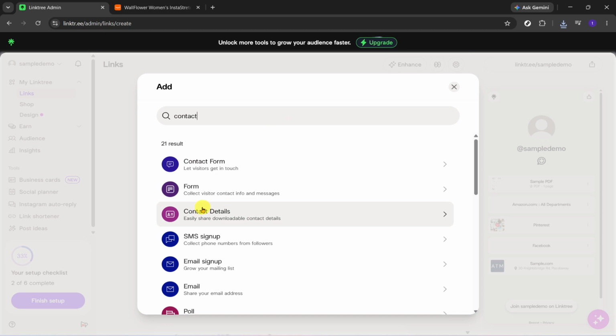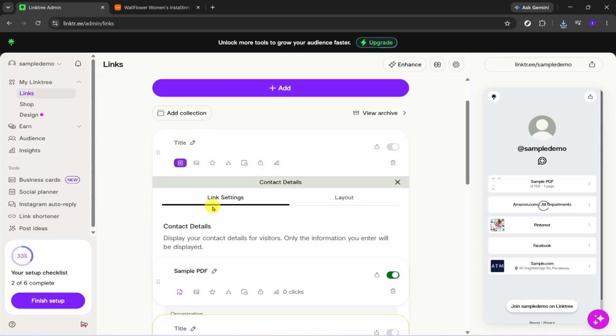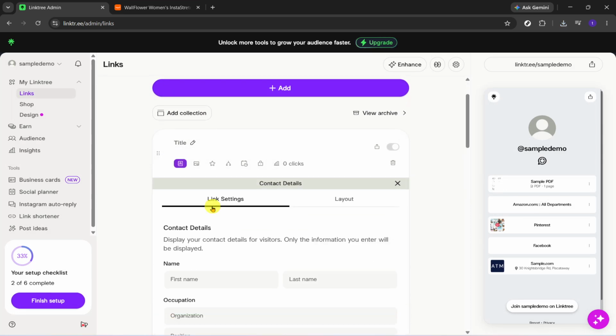Take a moment here to confirm that the option shown matches a contact style link or form element. After that, click on Contact Details. This will open the Contact Details setup area where you can begin filling in the information that will be displayed or used for your contact section. This part is important because it defines what visitors will see when they interact with that contact feature on your